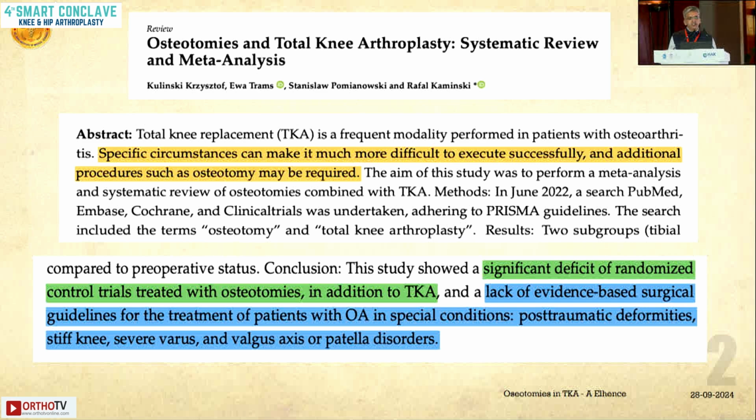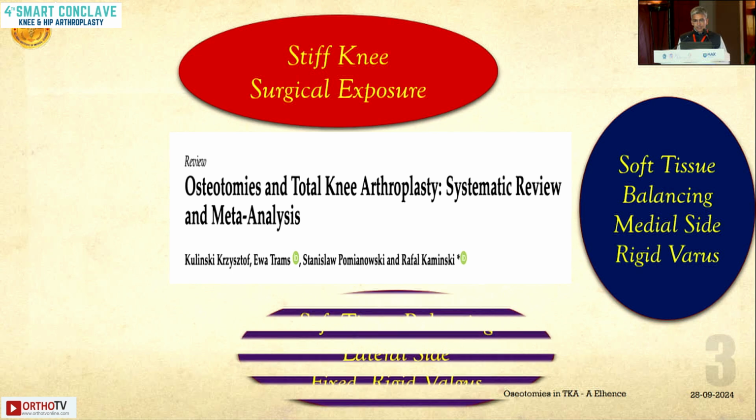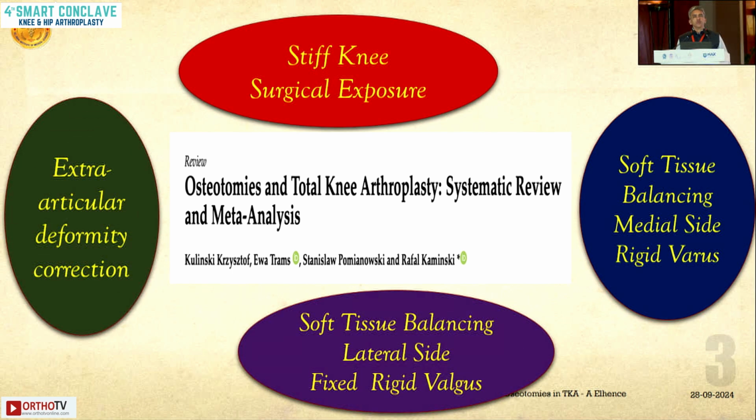Also, there is a lack of evidence to say which are the patients who will need osteotomies and what are the actual results on medium-term and long-term follow-up. So osteotomies in around total knees are required in stiff knees for surgical exposures. They are used for soft tissue balancing for the rigid varus knees. They are required for soft tissue balancing for the lateral side on the rigid valguses, and they are needed for